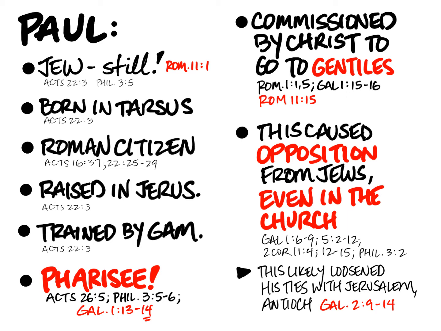He says he wants to go to visit you in Rome, and then I want to go to Spain. I want you to help me along on my journeys to Spain. So, of course, we know he ends up going to Rome, doesn't he? But as a prisoner, not in the way that he expects. And we don't know if he ever did get to go to Spain, but I don't think there's any evidence for that. All right, so we're going to keep that in mind when we look at the letter. All these things about Paul give a whole new dimension to the Jew-Gentile controversy that he addresses at length in the letter.